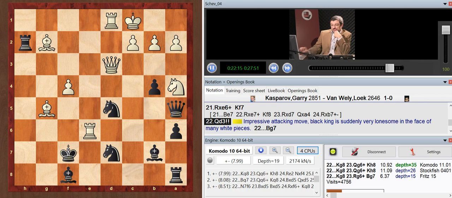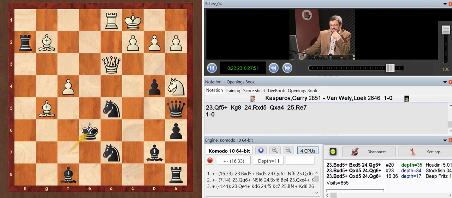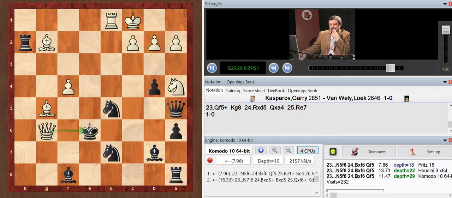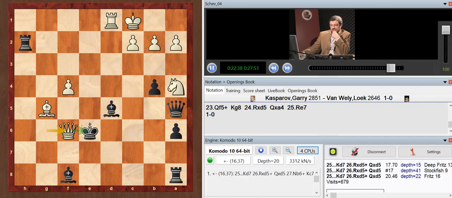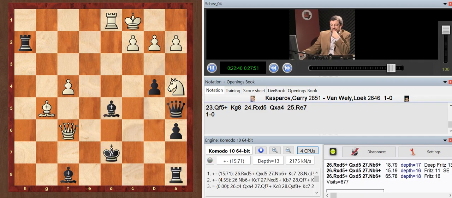So if now, for instance, black takes on e6, that's a variation that is probably the most beautiful. White has queen g6, and after knight f6, bishop d5, queen f6, king d7, rook d5.